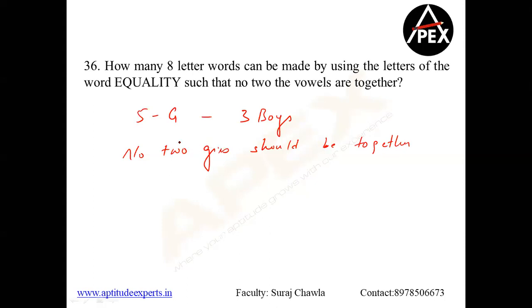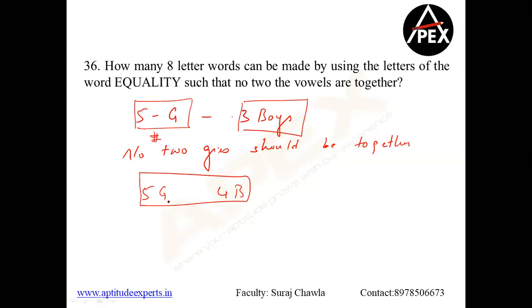The answer is not possible. The gap should not be more than 1. If the gap is more than 1, you cannot arrange them, because understand the condition here. Worst case, I can arrange 5 girls and 4 boys where no 2 girls are together. Clear? So if the gap is more than 1 on the condition part, okay?